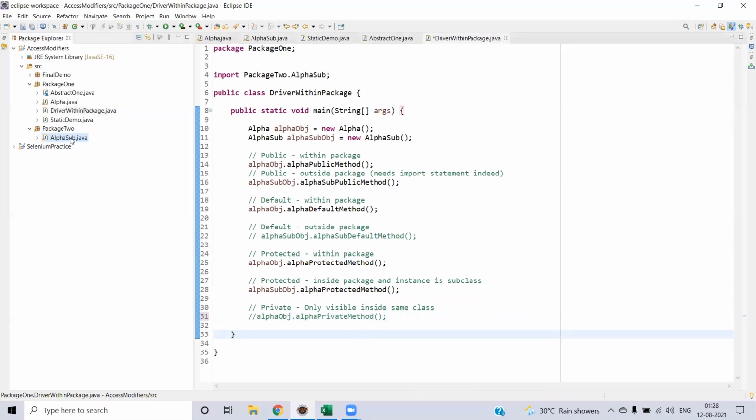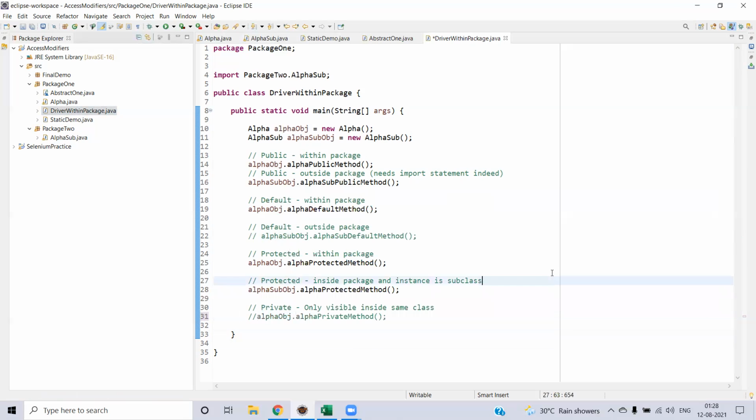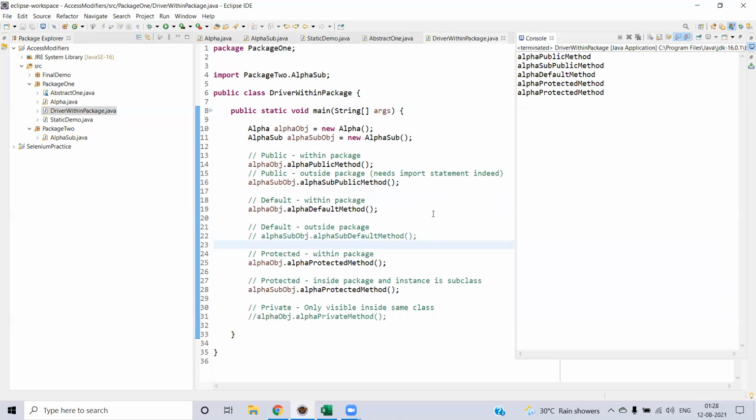So now we go to the alpha sub here, and till this point we will execute and confirm whether these points are going fine. Yes, we are getting the output for all of them: alpha public method, alpha sub public method, alpha default method, and alpha protected method.